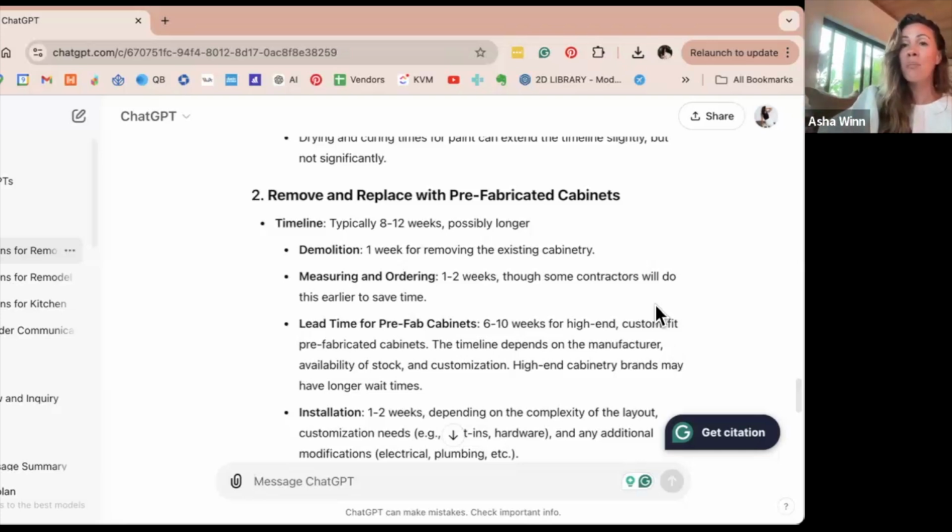So that also can help me really gauge whether one route is going to be easier than the other, or if I need to come back and approach my client because I really feel like maybe putting in prefabricated cabinets is the better choice, that I can let them know that that would be a